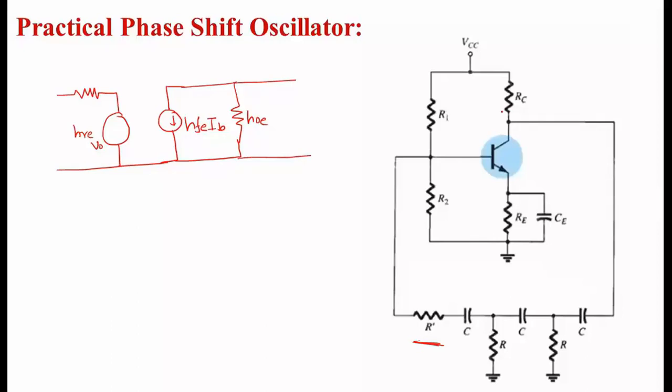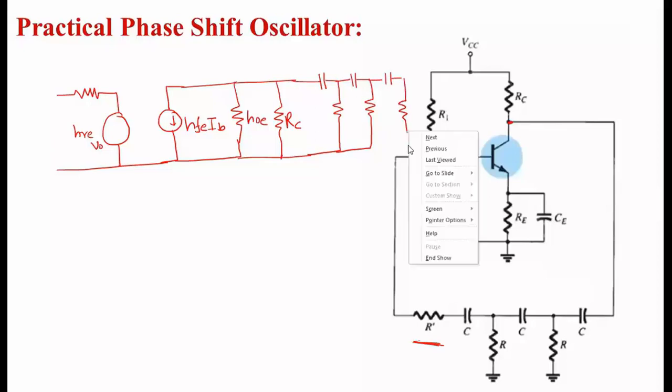So for this, this RC will be, for the AC model, connected to ground. So we can see that this will also be in parallel with this circuit, that is the RC. Now we can see here that from the output or the collector side, we have the capacitor and one R. Again we have the capacitor and one R. And here also we have the capacitor and R.